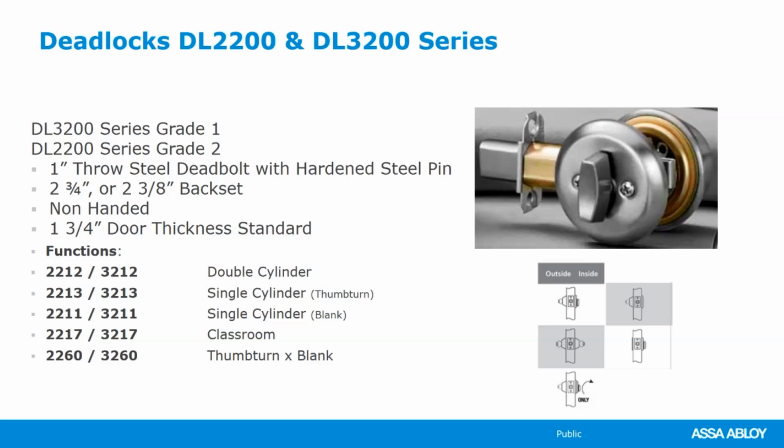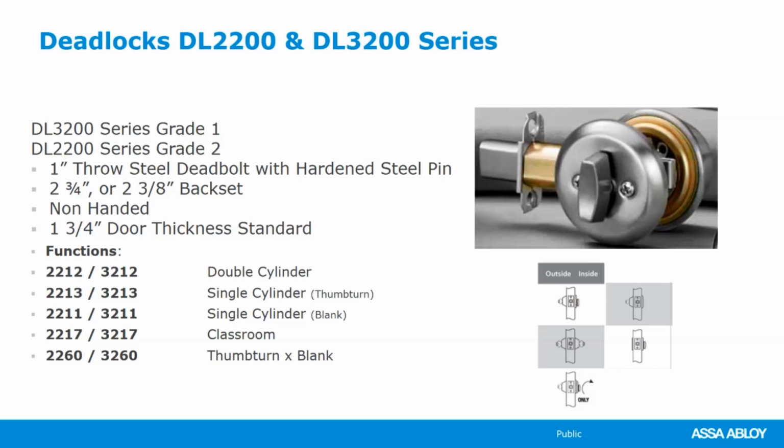Our classroom function, a 17 function, is where you have a cylinder on the outside that projects and retracts the deadbolt. However, the cylinder or the thumb turn on the inside only retracts the bolt, it does not project it. So think about public restrooms and things like that. You don't want someone to be able to go in and lock themselves in, lock other people out. However, if they're in there and facilities comes through and locks that door on the outside, you need to be able to get out from the inside, hence the classroom thumb turn on it. The 60 function is a thumb turn by blank. And you'll notice